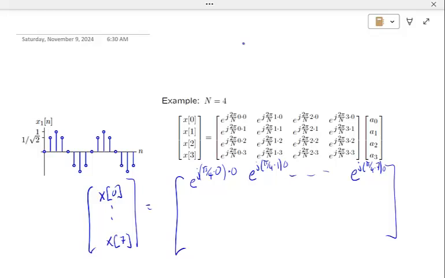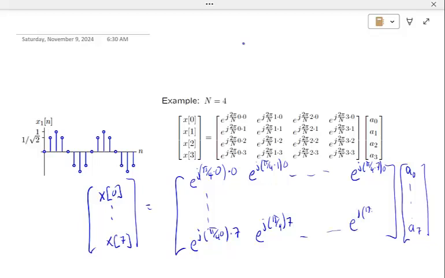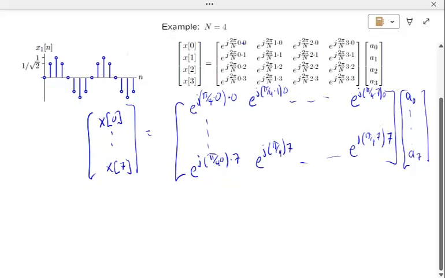Okay. So that's the first row, and then here my coefficients are a0. These are the coefficients I want. Then the way these columns go down, the root stays the same, so this is still j times 0, but this is now times 7. This becomes e to the j, pi over 4 times 1, and this is times 7. And this is going to be e to the j, pi over 4 times 7, times 7. Seems like a lot of writing, but in fact this matrix simplifies quite a bit,